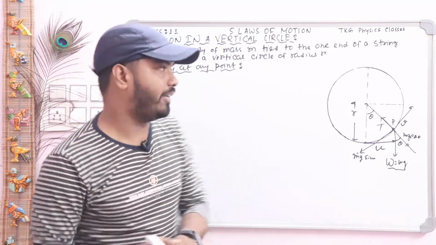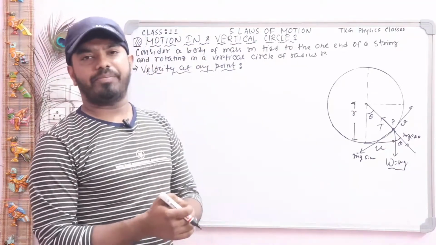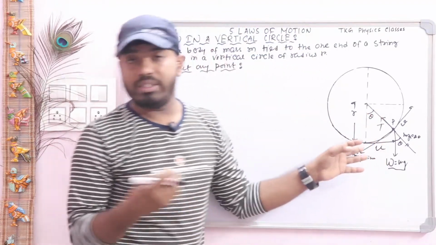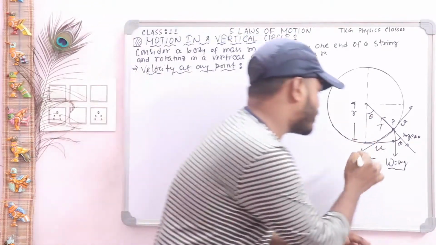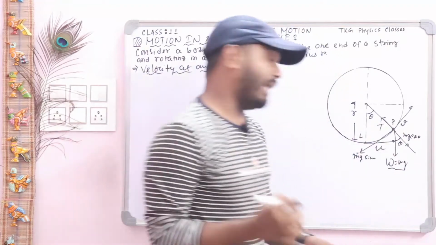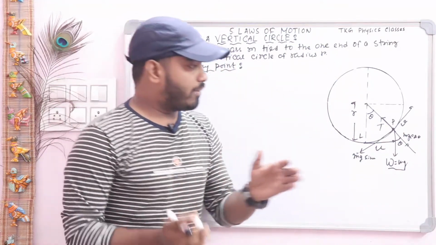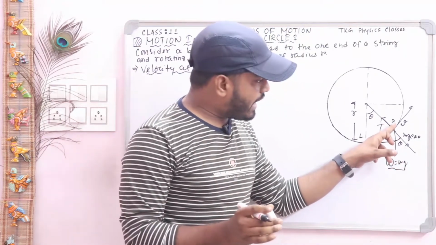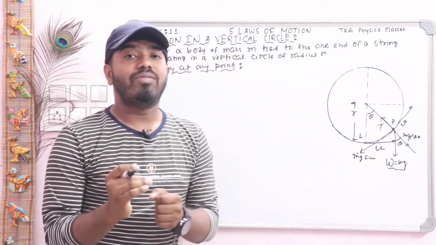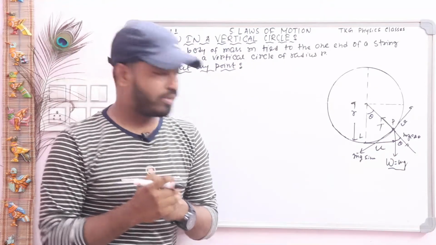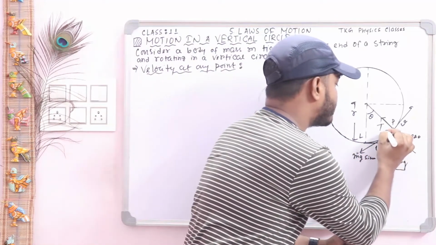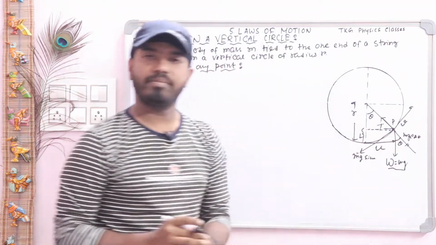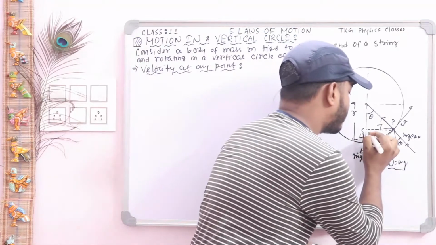Give a heading, velocity at any point, and write the basic thing, that is, a body of mass m moving with initial velocity. This is our lowest point, which is represented as L, and after some time the body attained a new position which is named as P. And when the body is at point P, what is the vertical displacement of the body? At point P, the body attained a vertical displacement, this one, and this is represented as, suppose, H.